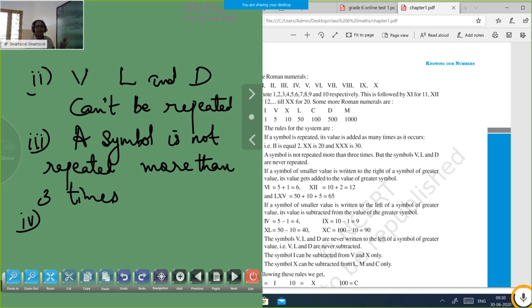Next point: in subtracting a number, you have to put the value on the left side. Suppose some example, only the teacher is writing. If you are writing also, you will not understand that. If you want to write it,